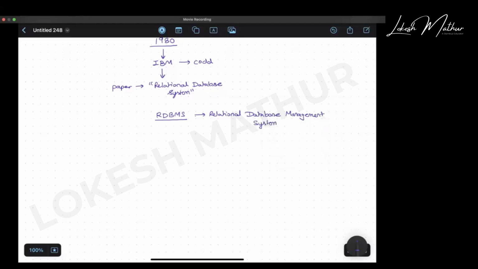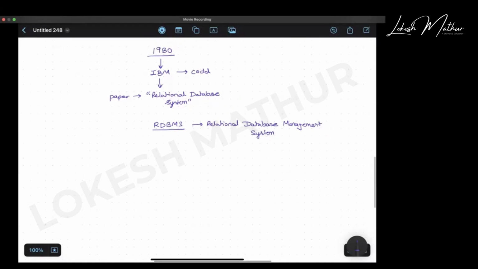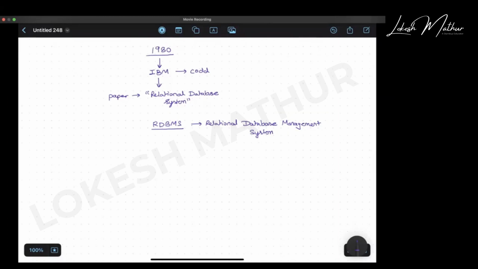And the relational database management system was basically the base of all the modern database systems that we deal with. But this ideation was done by the IBM scientist, Mr. E.F. Codd, and he wrote a paper named Relational Database System, which was picked up by Oracle, and they implemented this actual system, RDBMS. Now, what is RDBMS?